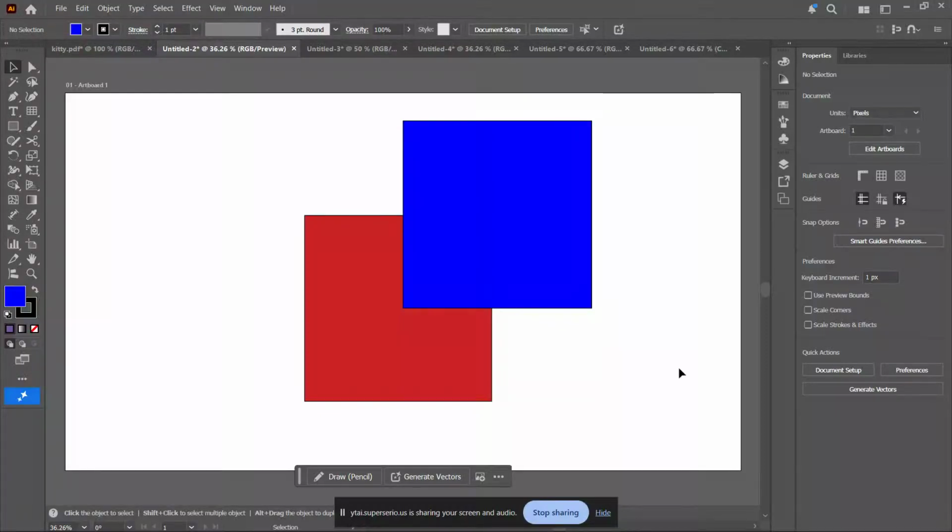In today's video, I'm going to show you exactly how to use the Shape Builder tool in Adobe Illustrator to quickly combine, remove, and clean up shapes like a pro. If you've ever struggled with the Pathfinder panel or felt confused about merging objects, this tool is going to make your workflow much faster and more intuitive. By the end of this tutorial, you'll know how to create overlapping shapes, merge them together, and subtract areas in